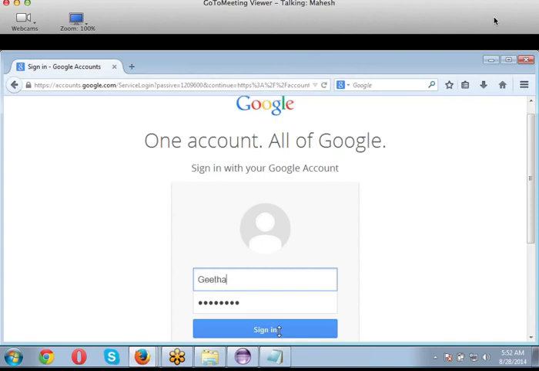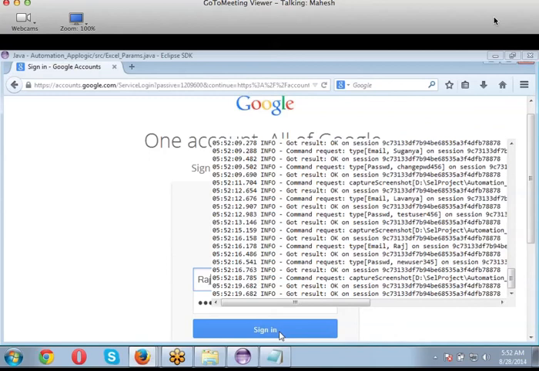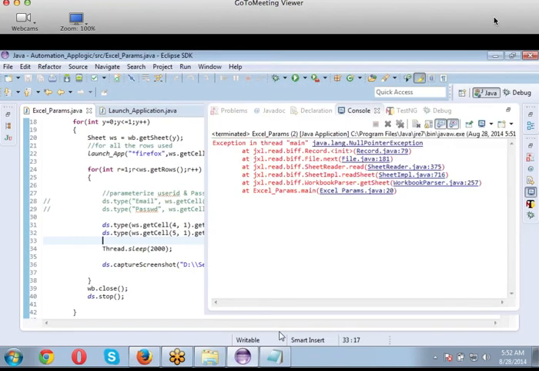There you go, my values are changing. Sweta, Swapna, next comes Geeta. This is for my first Gmail sheet. Raj. There you go, this is done. I should open mail.in.com first. What happened?